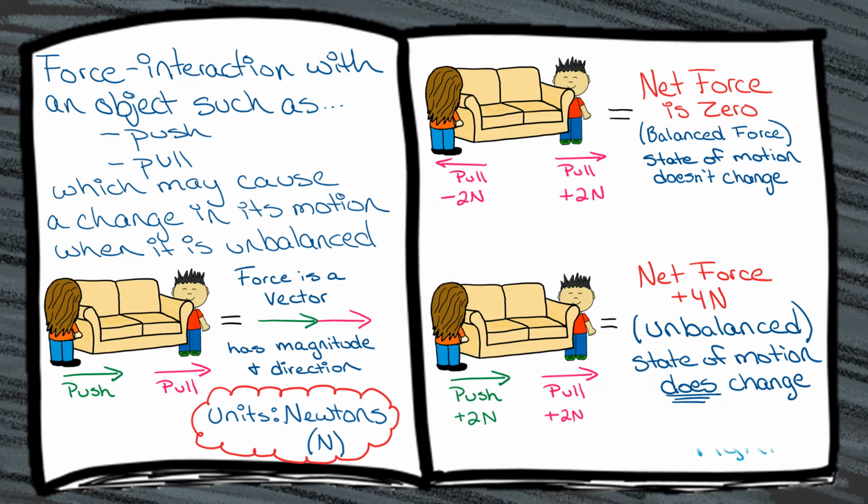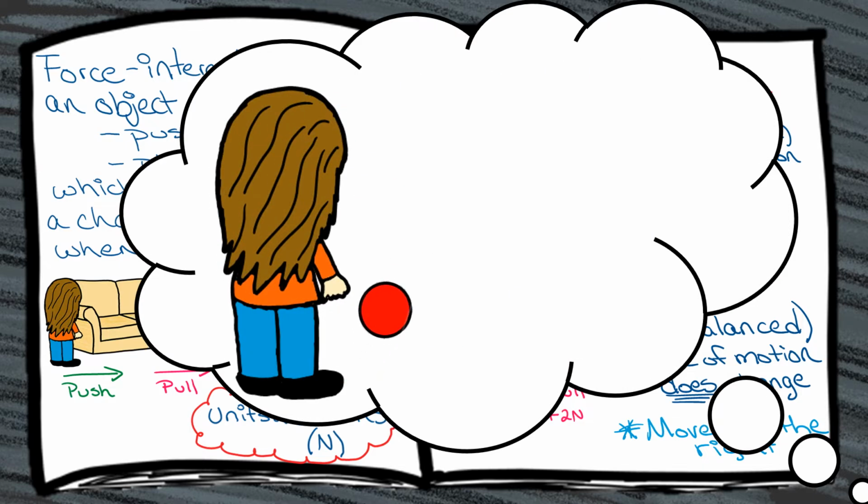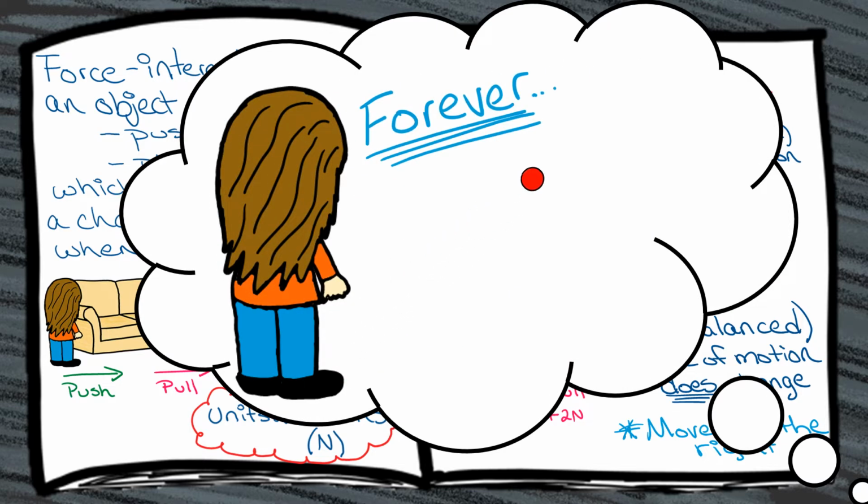So what does this mean? You got it, Alex. Unbalanced forces may cause objects to move, such as the case for this couch. You basically got the idea behind Newton's first law of motion. Basically, this law states that unless an unbalanced force acts on an object, that object should continue doing whatever it was currently doing. Thus, if it was in motion, it's going to remain in motion forever.